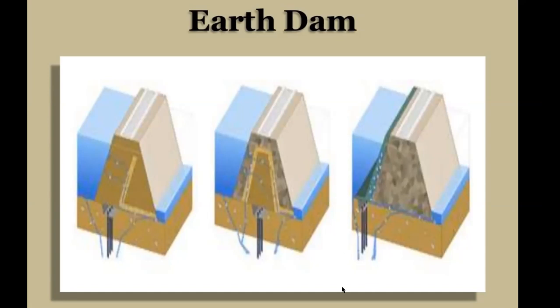This is our diaphragm type, and this is our zoned, and this is your homogeneous. Clearly identify all of them. Okay,